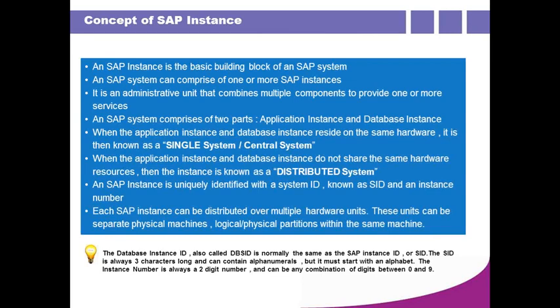That kind of configuration is called a three-tier configuration, nothing but a distributed system. In the real-time scenario, for better performance, we use distributed configuration. If anybody asks how your instances or systems are configured, the answer is distributed three-tier configuration. It means SAP is on a separate server, and the database is on a separate server.